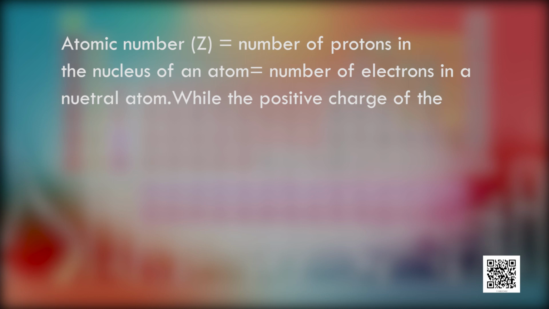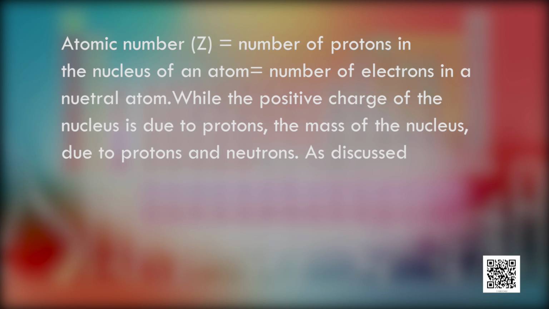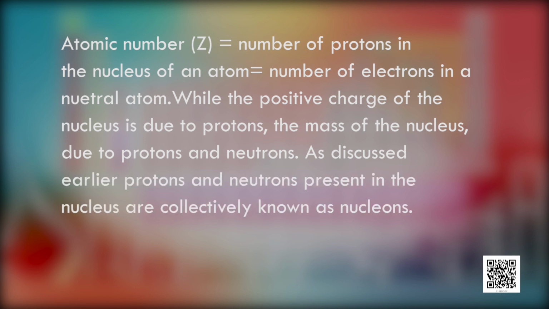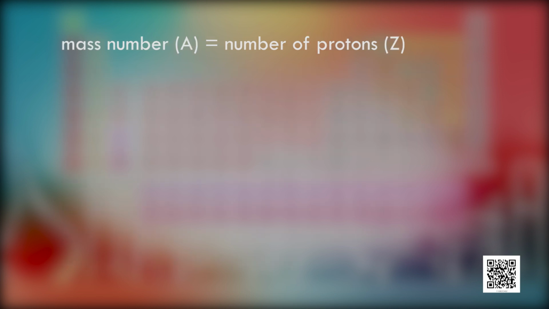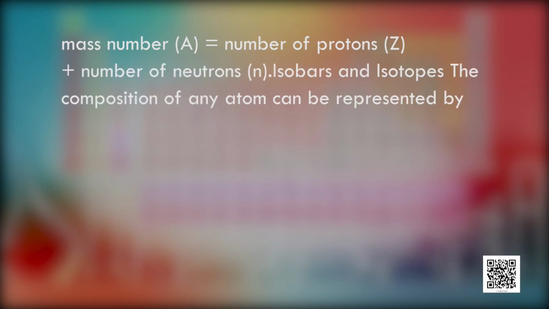While the positive charge of the nucleus is due to protons, the mass of the nucleus is due to protons and neutrons. As discussed earlier, protons and neutrons present in the nucleus are collectively known as nucleons. The total number of nucleons is termed as mass number of the atom. Mass number, represented by capital A, is equal to the number of protons Z plus the number of neutrons, small n,